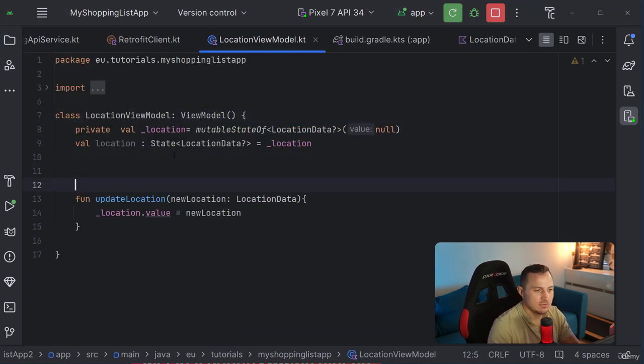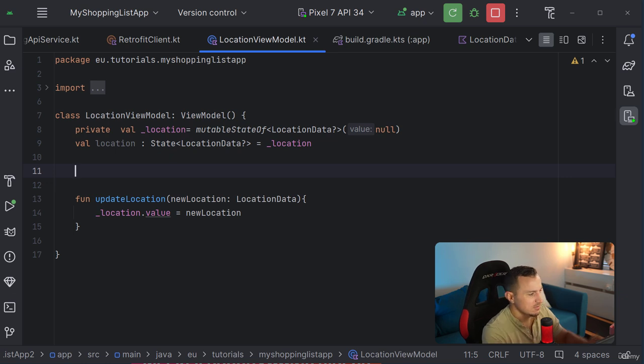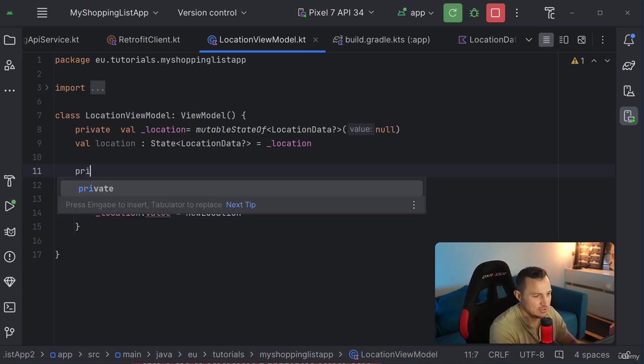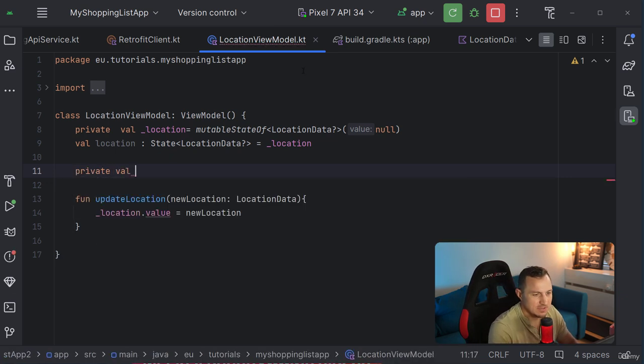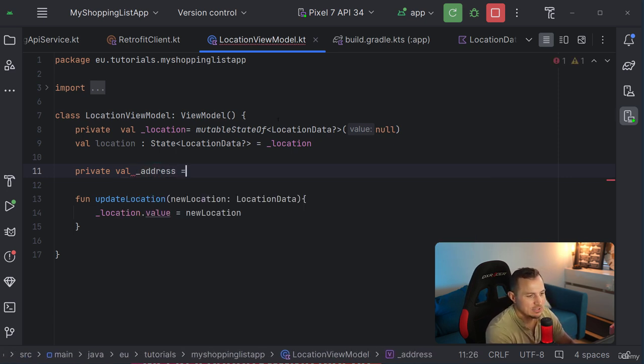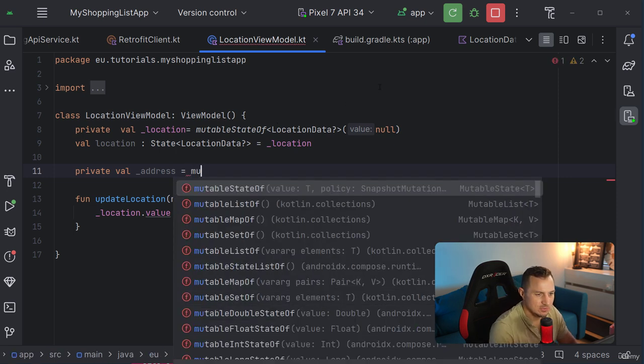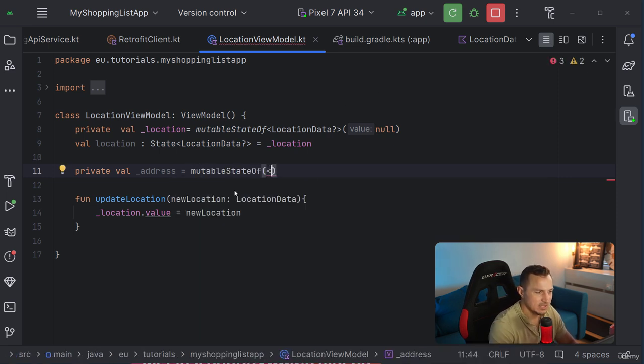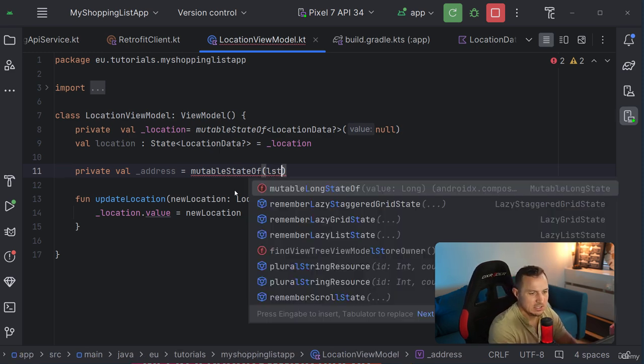So our location view model is not only going to take care of the location, but also of the address. So basically we need to do the same thing as we've done here with the mutable state of and so forth. So we are going to create an address, a private variable, and then it will also be of mutable state of. Now this time the content will be a list of,